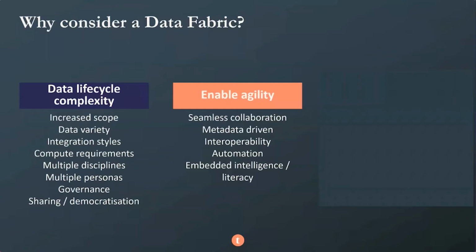We're also looking to drive automation, the way in which we can enable agility, not just in the way in which new data flows and processes and pipelines are built, but also maintained through their life cycle. So the ability to automate ingestion, the ability to automate test and deployment, and the way in which we can automate the way in which we validate data is also important to that agility piece.